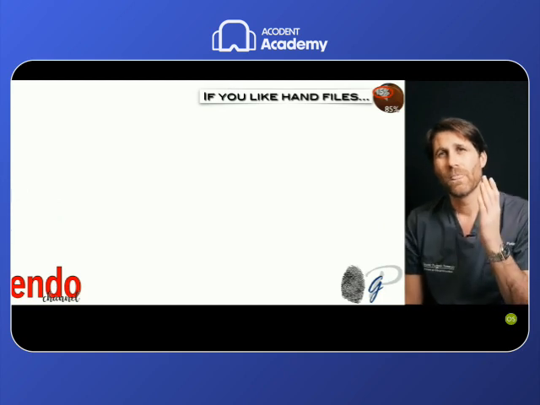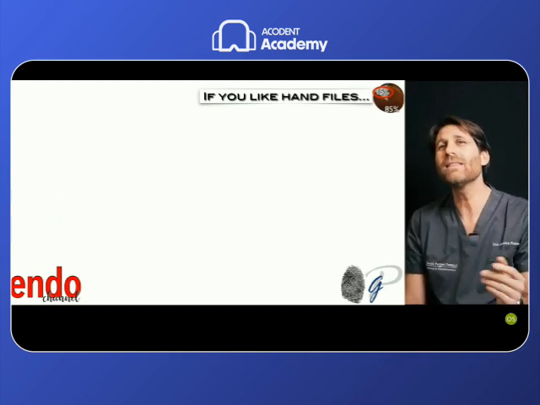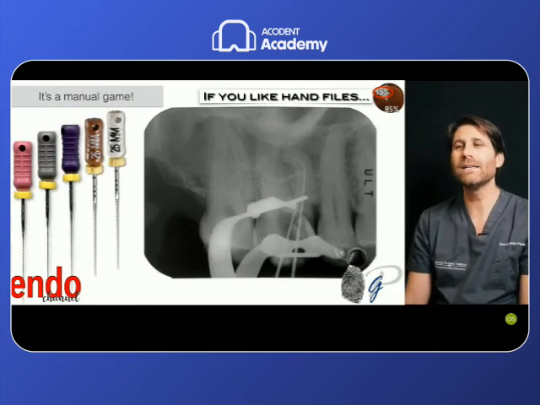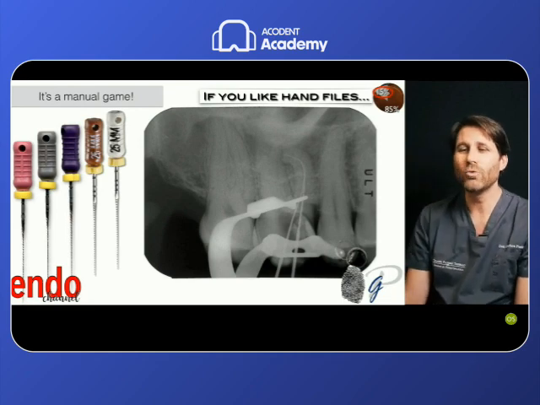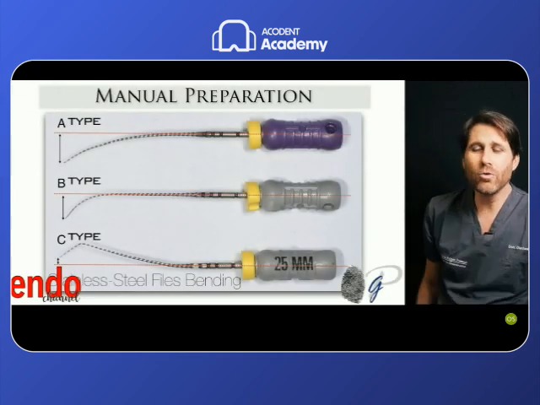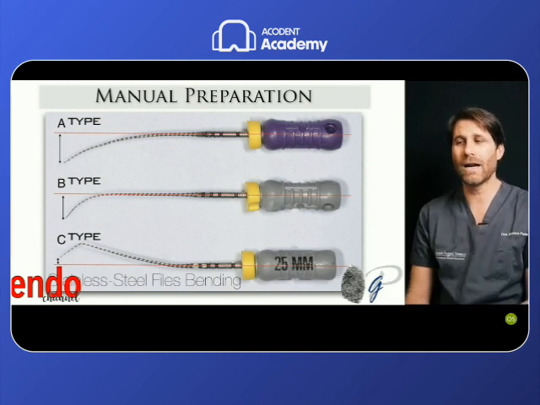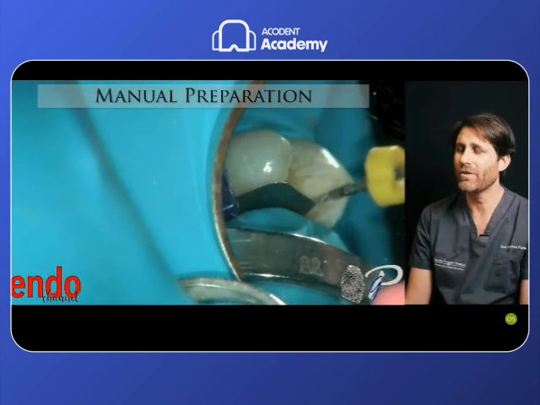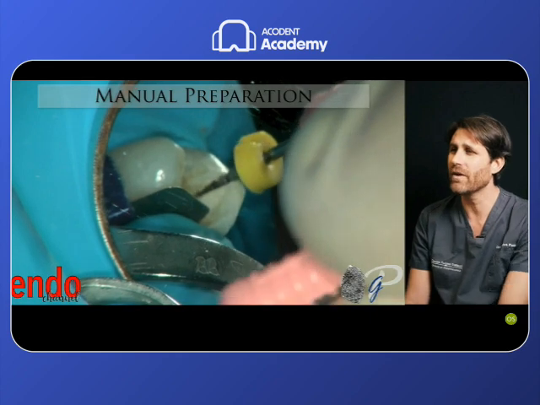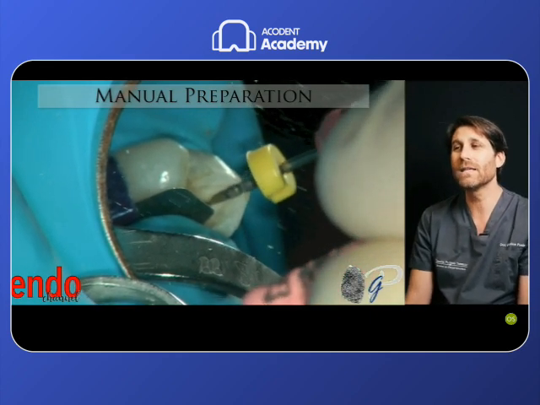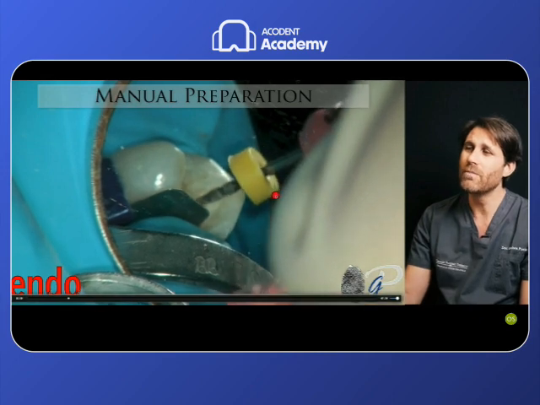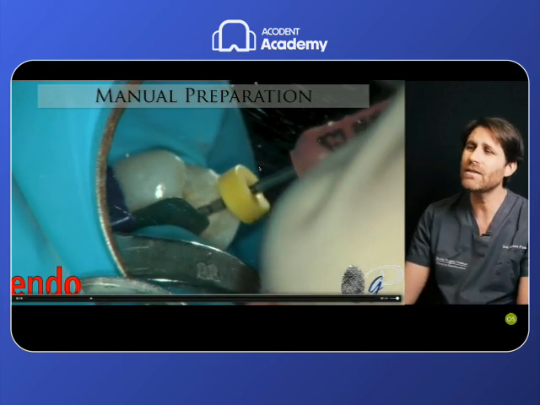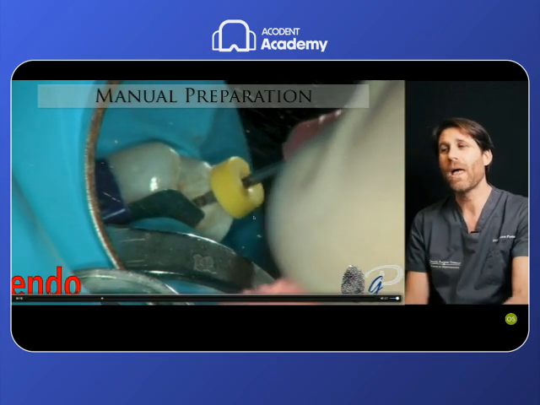A rotary file was used up to the impediment, and then we needed to use manual files with a manual game, using files 6, 8, 10, alternating small files to reach the working length with different precurvatures of the file to follow the root canal anatomy. But this was a manual game, manual preparation of the apical third, very difficult, very time consuming, very demanding, requiring a very skilled clinician. We use a precurvature, we put the rubber stop with the sign towards the precurvature, we alternate the rotation, and then we find the way of this apical third unscoutable.